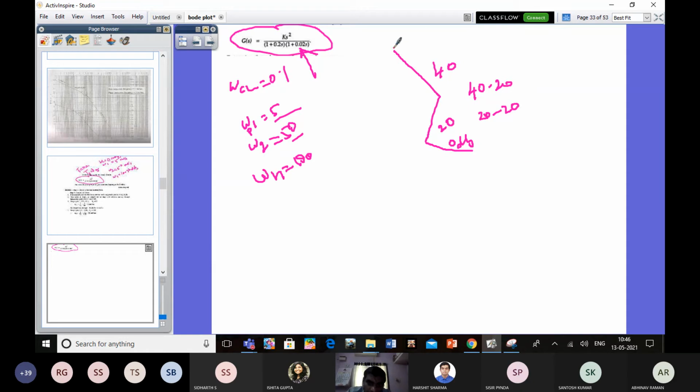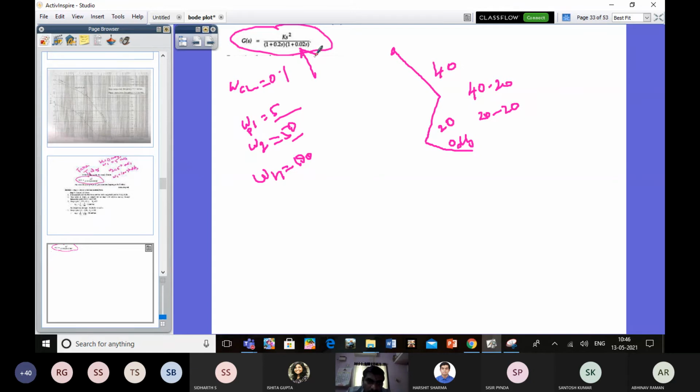Any doubt here? So here you can see that we have three poles and zeros. Two zeros lying in the origin, and we have considered only one pole. So that can contribute a slope of plus 40 dB. One pole located at T1 equal to 0.2 will contribute minus 20 dB. So plus 40 minus 20, we will get plus 20 dB.